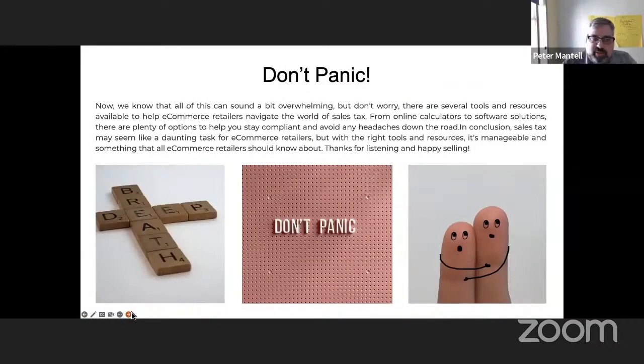So, in conclusion, the final piece I'll say here, because my time's wrapping up, is don't panic. There are solutions in place. For example, what Ampersand does, along with Aqueduct, is a culmination of both the services and the technology. We have a tool that's very similar to some of the solutions you may have heard of before, not to name competitors, like a TaxJar or Avalara. That's pretty much what we do, strictly in the US market only. Plus, we have a services team that can assist with registration, audit defense, and any of those other components.